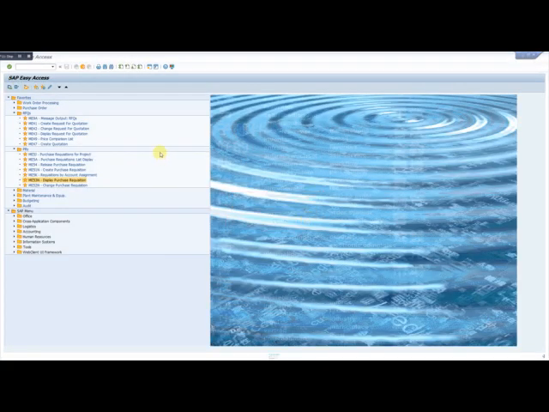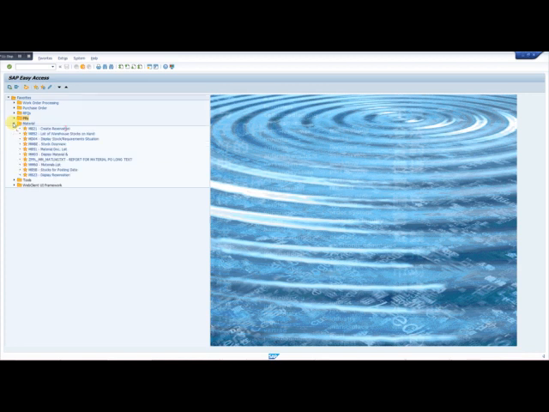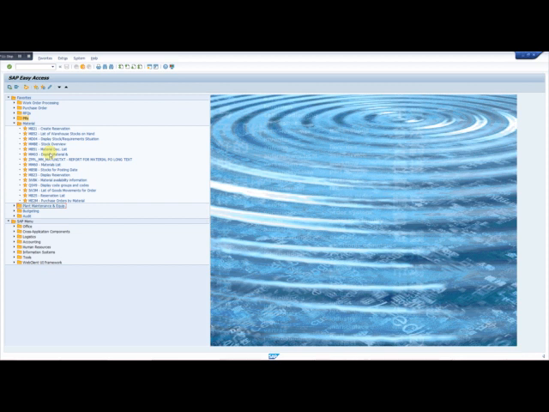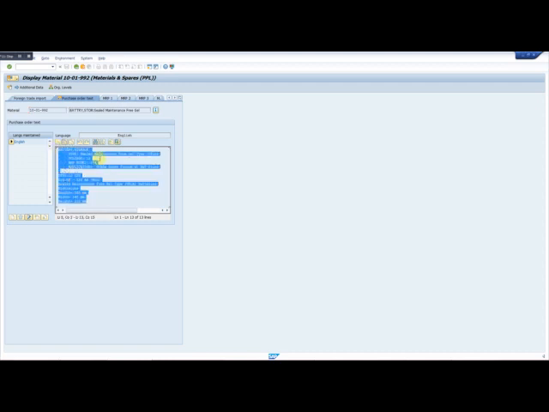Hello guys, now we will see how we can check the material specifications and its procurement status in the SAP R3P version. So first of all, we want to look at the specifications of the material. We have the transaction MM03. So we put here the index number, for example 10.01-992. So going to the purchase order text, we can have the specifications.